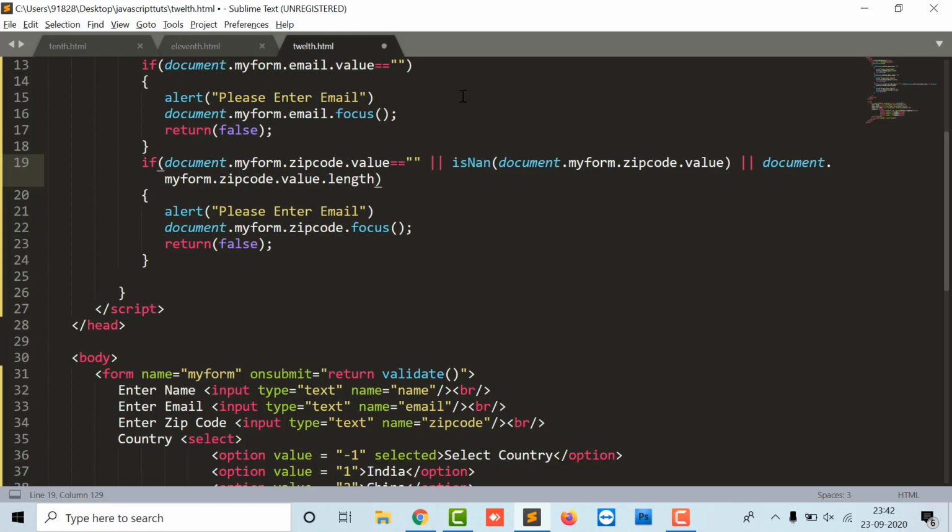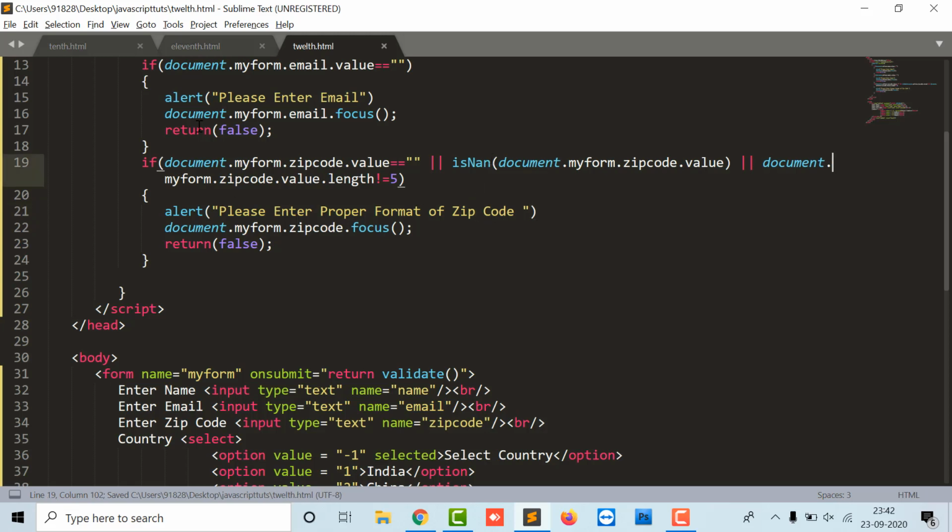The length function will check how many characters it contains. For example, I have to limit the zip code to 5 characters. So it will check and say please enter a proper format of zip code, and then zipcode.focus.